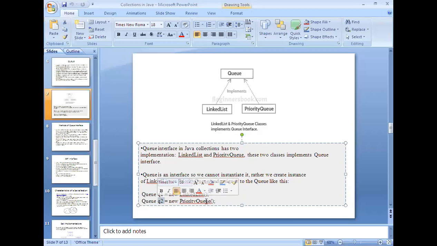We'll see very soon the linked list implementation of queue as well as the priority queue implementation. As you are aware of the linked list implementation, you know how to create a linked list and how to perform the operations. We have seen all these things in the previous classes.